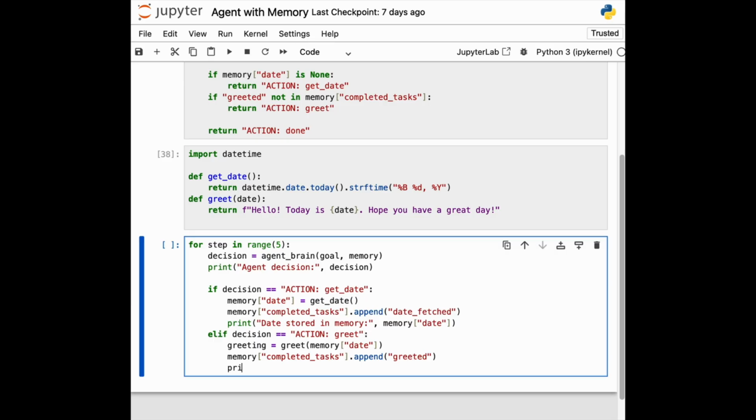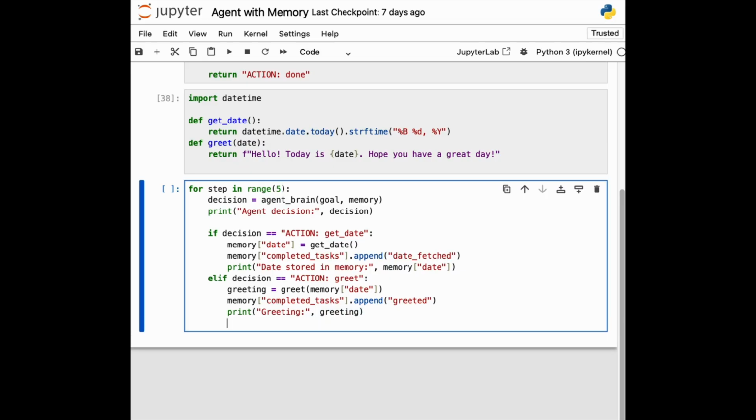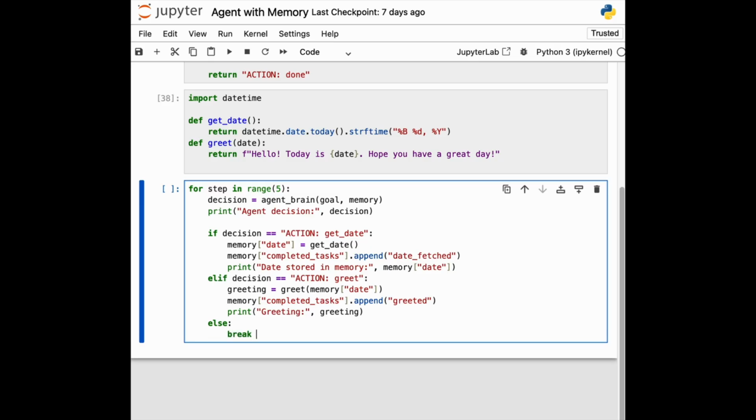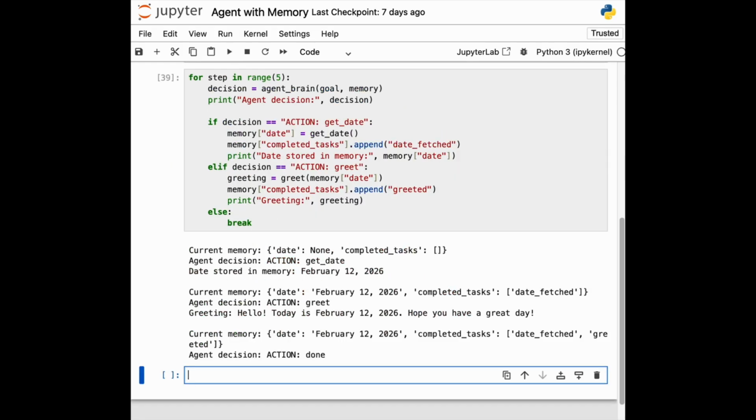Okay, and then we'll print greeting, comma, greeting. All right, else break. Okay, let me verify it and let's run. All right,